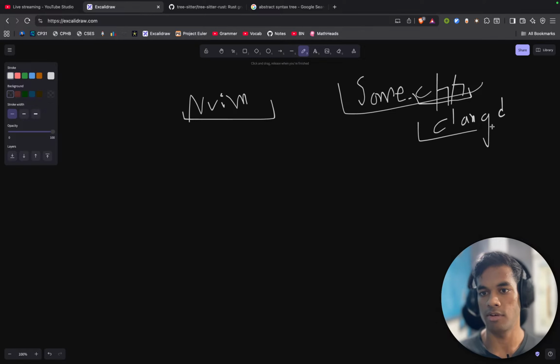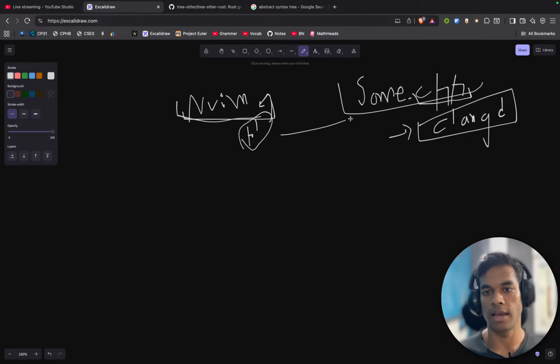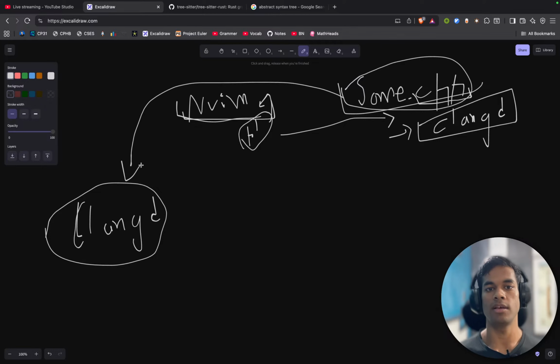the LSP that is supposed to run for this extension is called clangd. So the plugin tells Neovim to check is clangd running, and if not, then start an instance of clangd and start communicating with it. And let's say I have clangd running now, and now Neovim takes the contents of this file and sends them to the LSP using